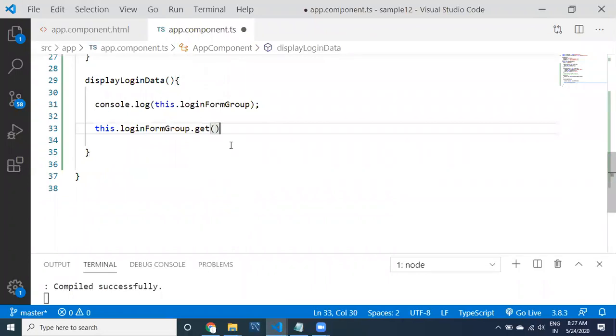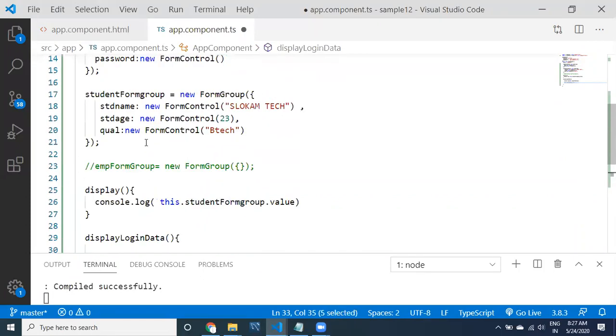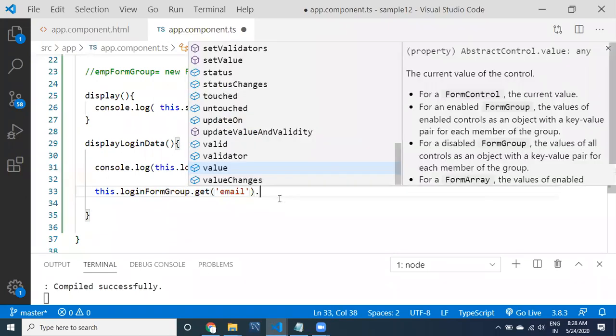Using the get method, you provide email. This is the key, remember this. If you provide the key, it is going to return one form control object. So from the form group object, we are getting a form control object. Now, from the form control object, what you can do is...